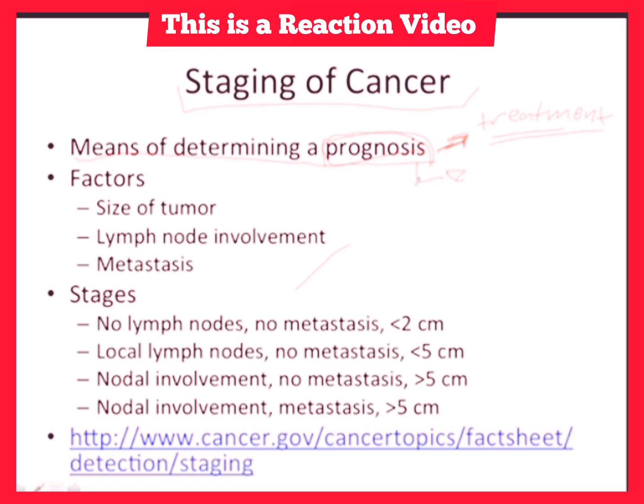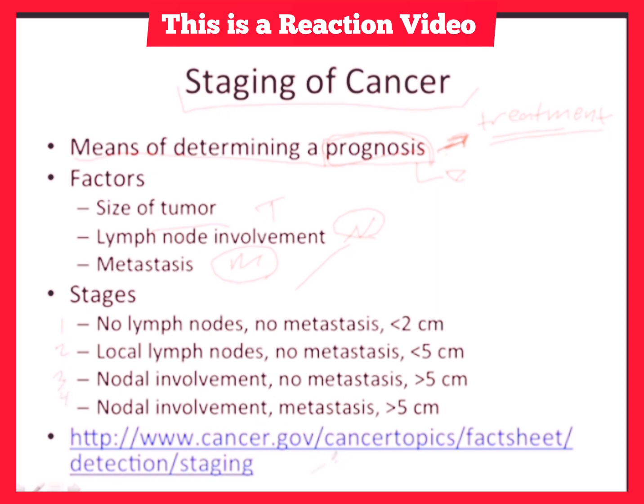Okay. Now, when you're thinking of the staging of a tumor, the staging of a neoplasm, the major factors you have to think about are the size of the tumor, is there nodal involvement, and is there metastasis? Is this thing metastasizing? So basically TNM: tumor, is there a presence of a tumor; N for nodal involvement; M for metastasis. There are 4 stages involved in staging of neoplasms: 1, 2, 3, and 4.